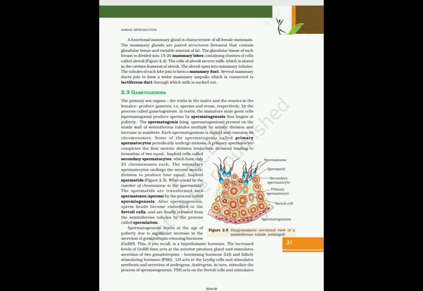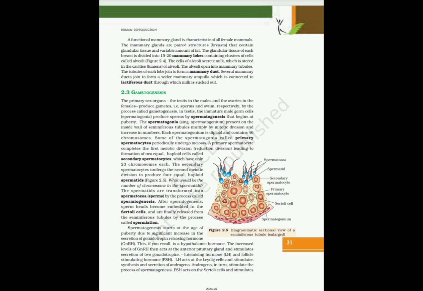A primary spermatocyte completes the first meiotic division, reduction division, leading to formation of two equal haploid cells called secondary spermatocytes, which have only 23 chromosomes each. The secondary spermatocytes undergo the second meiotic division to produce four equal haploid spermatids. What will be the number of chromosomes in the spermatids? The spermatids are transformed into spermatozoa, sperms, by the process called spermiogenesis. After spermiogenesis, sperms' heads become embedded in the Sertoli cells and are finally released from the seminiferous tubules by the